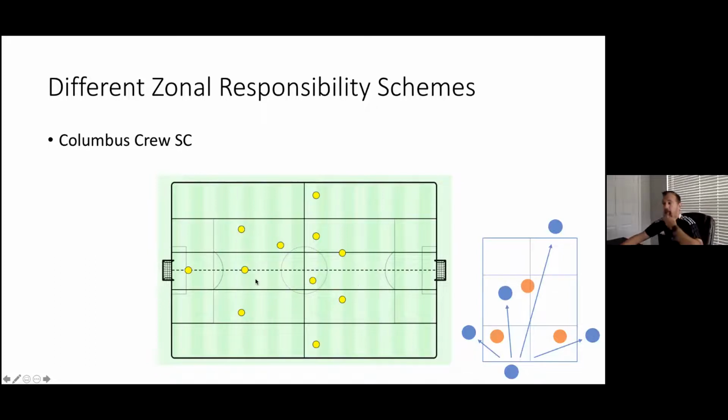So the way that we played back then was a 4-2-3-1, with one of the 6s dropping in and the other 6 staying up, and both wingers coming inside. So this is one winger who came up next to the striker. This is the striker. This is the other winger who came inside next to our number 10. This is one number 6 who dropped between the 2 center backs, and the other number 6 who's in the middle. And then our fullbacks went really high. So this is the way we kind of spread out the field with Greg Berhalter at Columbus Crew.